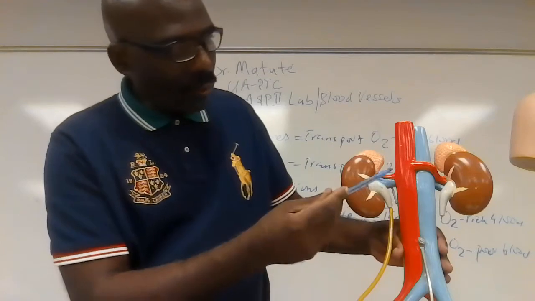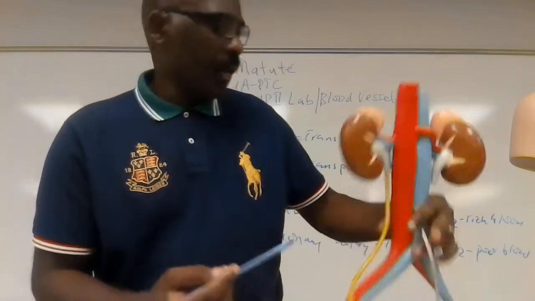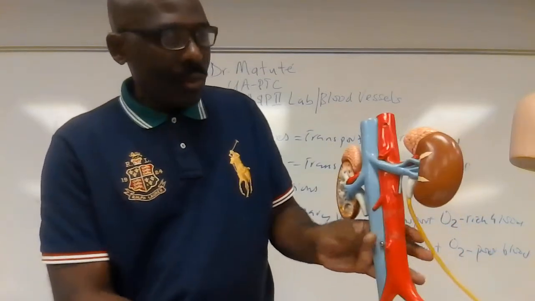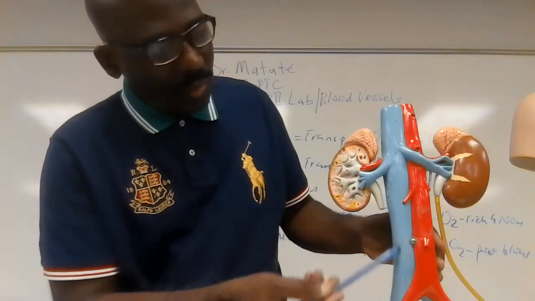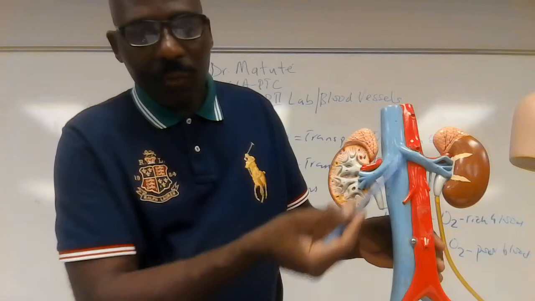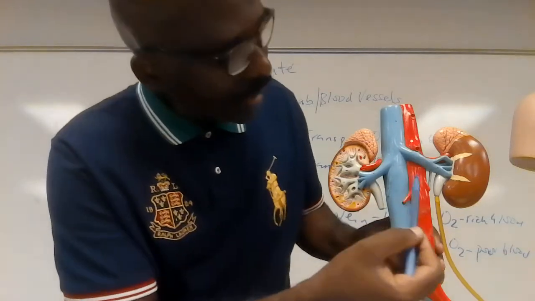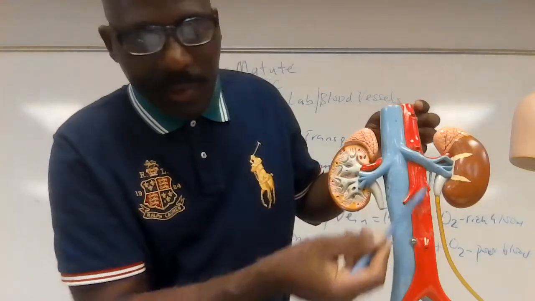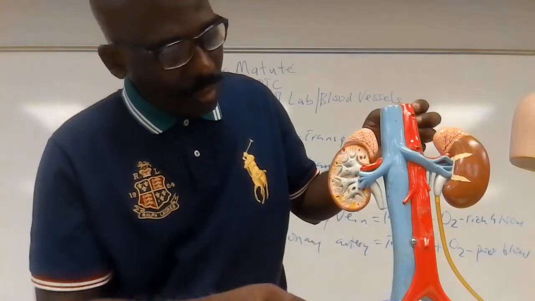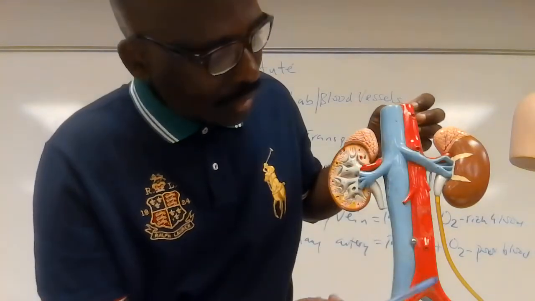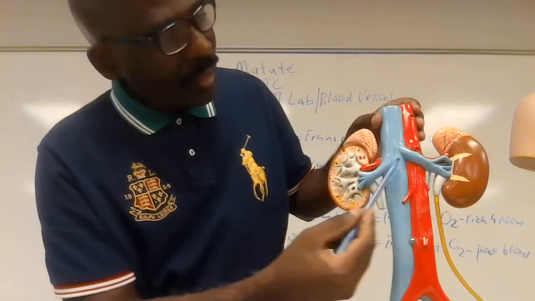The next model we'll examine is this one right here. And right here, we'll find the bluish one. This is the inferior vena cava. And then this one over here, this will be the descending aorta. Inferior vena cava, descending aorta. Then this here,